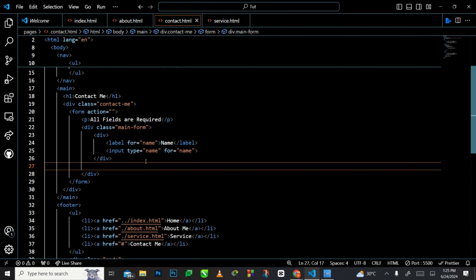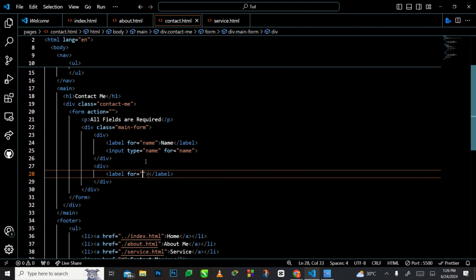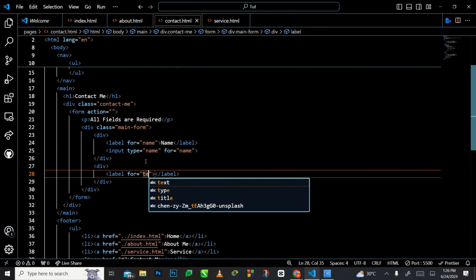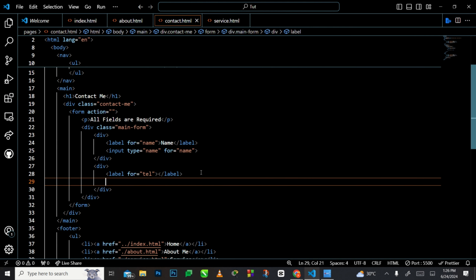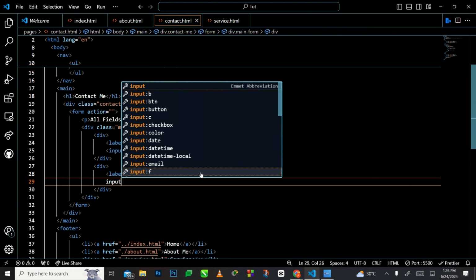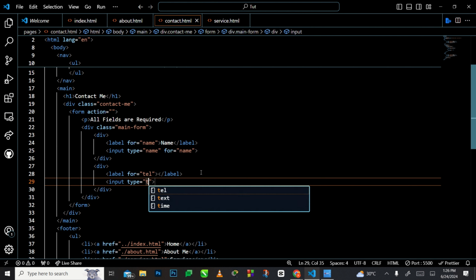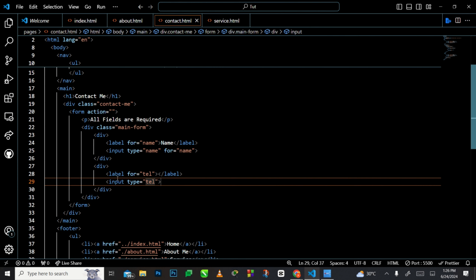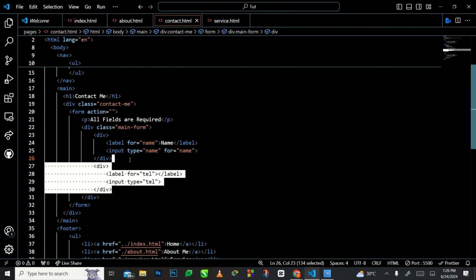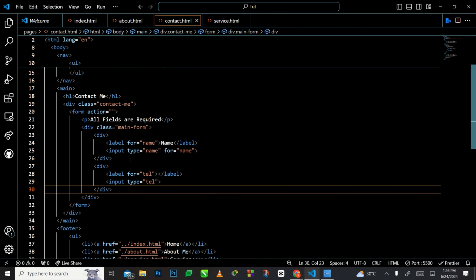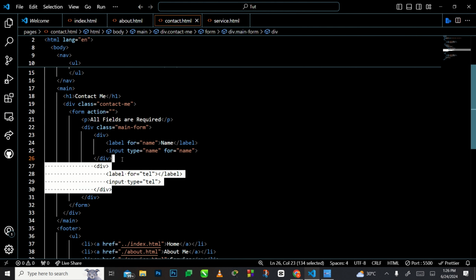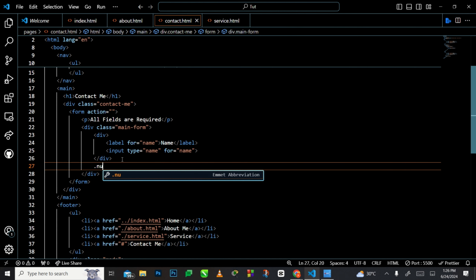And what do you also want? So we need a div first, and then a label should be for, let's say, phone tell, let us say tell, and then the input should be type of what, tell. But what if you don't know the country code of the person? Like the person does not input the country code, so let's just ask for country code also. Okay, so for the country code, let's just create a div for number itself,